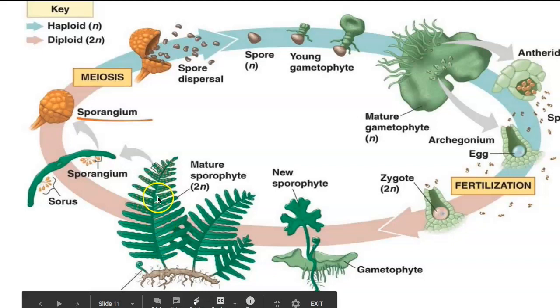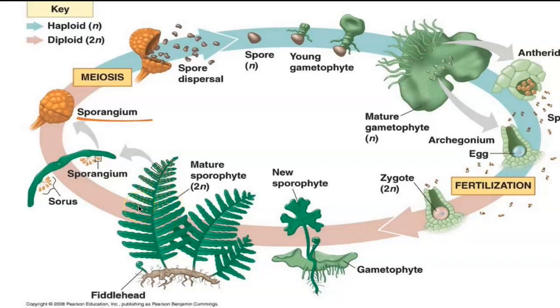But again, you're going to have these spores, these little dots that you see on the fern. Eventually this fern will release its spores, and those spores will generally turn into what's known as a gametophyte. And this gametophyte is not a true fern yet. It's a little plant that has sperm and eggs, and this sperm and eggs, of course, are going to fertilize.